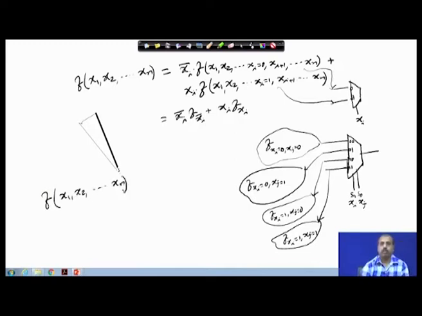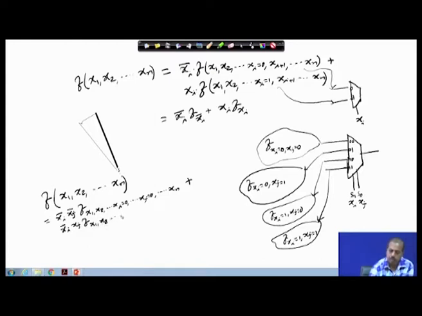If I am decomposing around the variables xi and xj, then this can be written as xi bar xj bar and f, the function obtained by putting xi equal to 0, xj equal to 0 and the rest of the variables remain unaltered, plus xi bar xj f